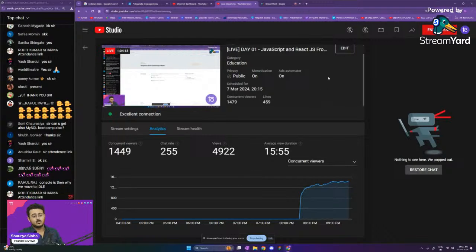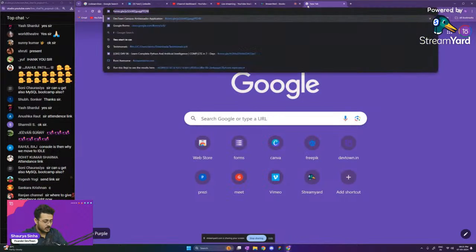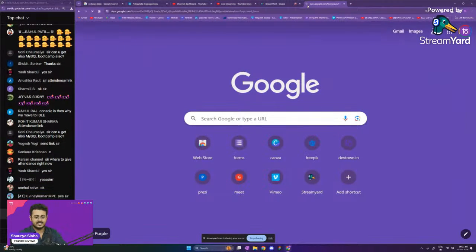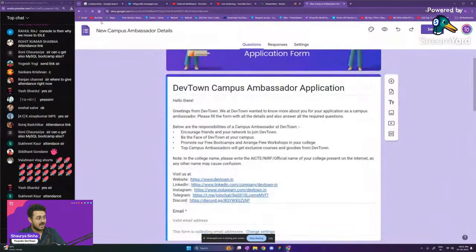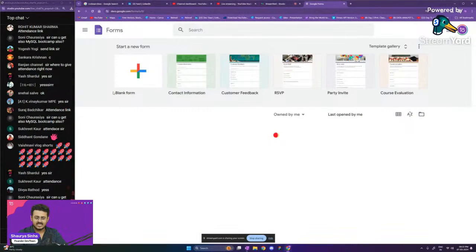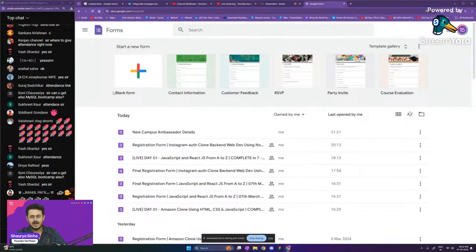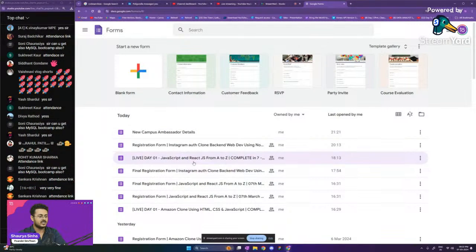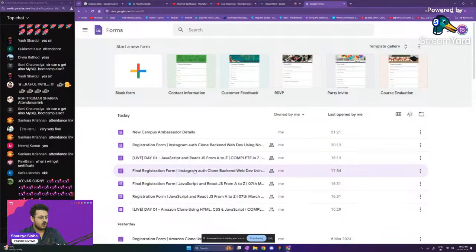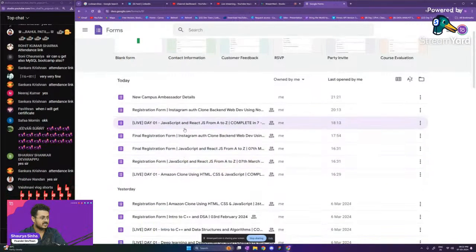The next bootcamp that I have already scheduled for you guys, for the 18th of this month, 18th of March, is a back-end web development bootcamp. For those who want to learn full stack development, front-end, a little bit of back-end, then cloud computing, then DevOps, that is also something that I'm going to do. So the next bootcamp that I've already scheduled for you guys, where is the attendance?